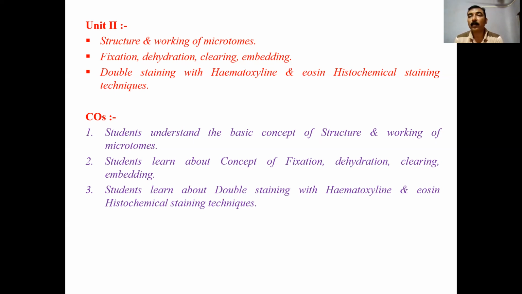Then trimming of the block. We have to cut the block into smaller rectangular pieces and then mount it on the microtome block holder. With the help of a knife, we are cutting, which is known as sectioning of the ribbon or sectioning of the tissue. So we are getting a series of sections. There is an electrostatic force of attraction and a melting of the paraffin wax takes place, which favors the attachment of one section to the other. A series of sections, the ribbon, forms in cutting of the section.